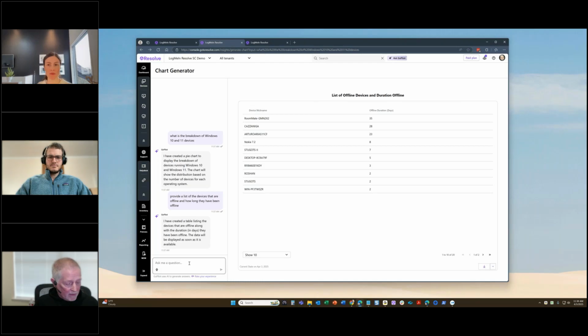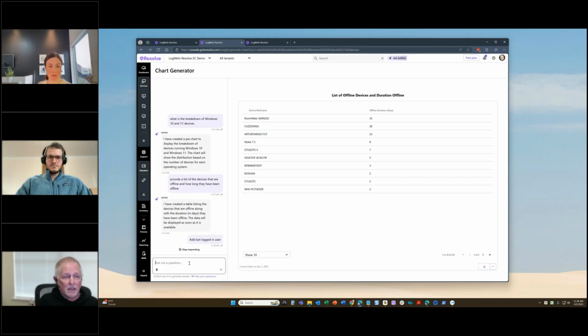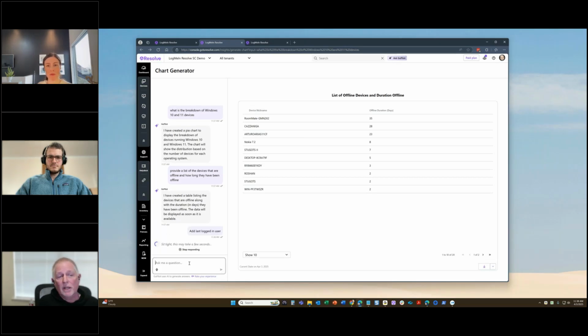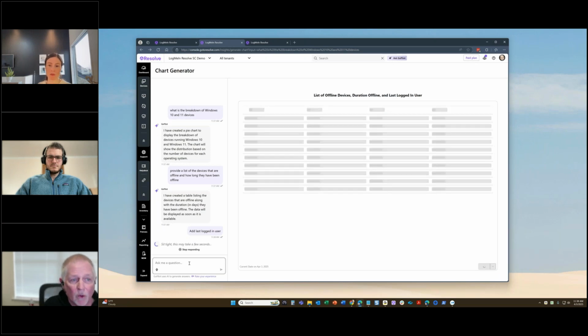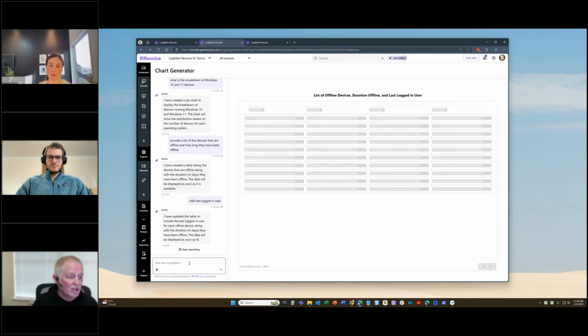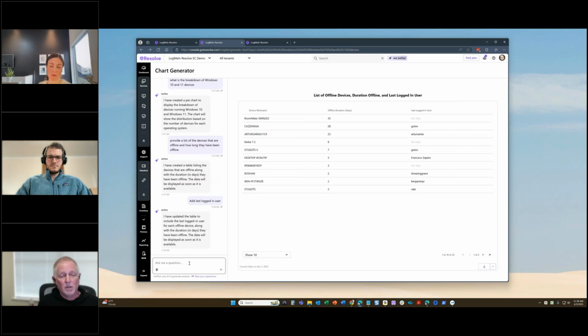I can come down here and add things like the last logged in user for these devices. I can see how long they've been offline, but also who the last logged in user is, so I can see who it belongs to. I can take this report, give it to Johnny to go look at these particular devices and see what's going on. I could also add what group they